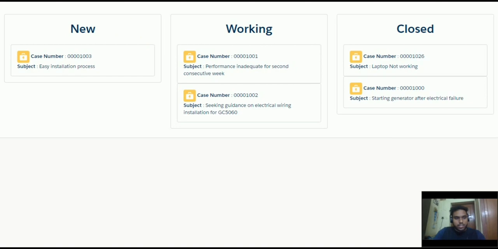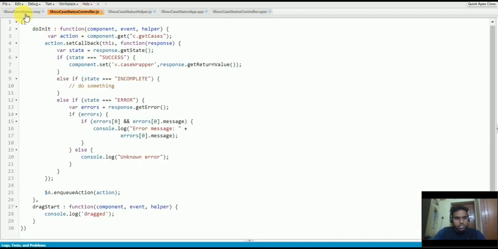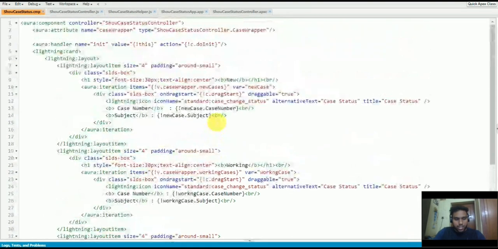So for that, I'll go back to my developer console, and in the component, for the div element, I'm going to give an ID here, and in this ID I'm going to store the case ID, and the case ID is coming from new case.id.